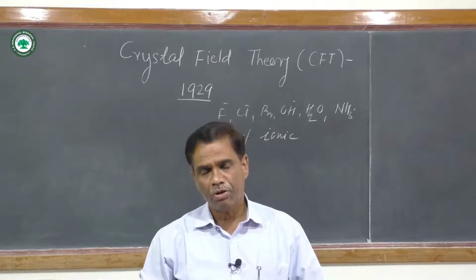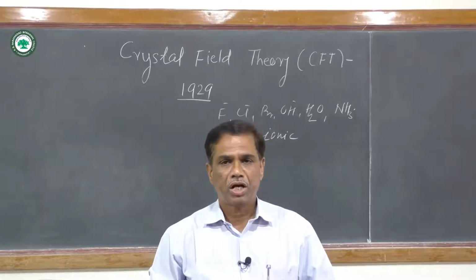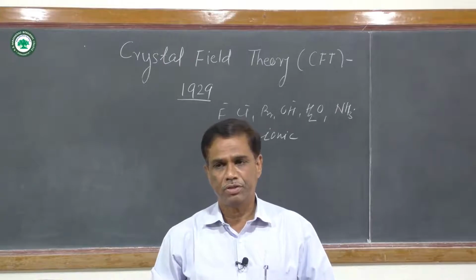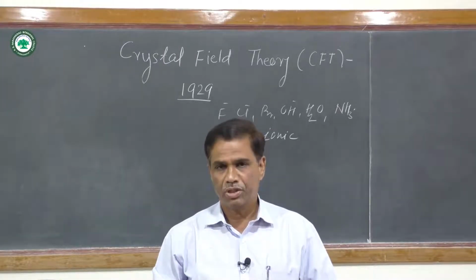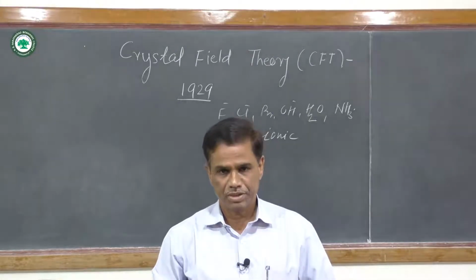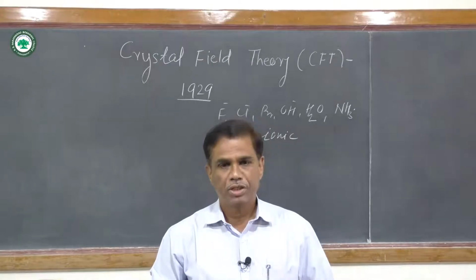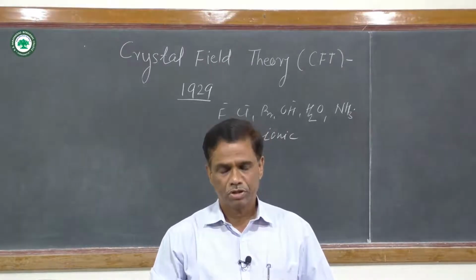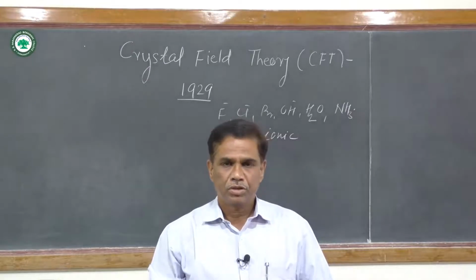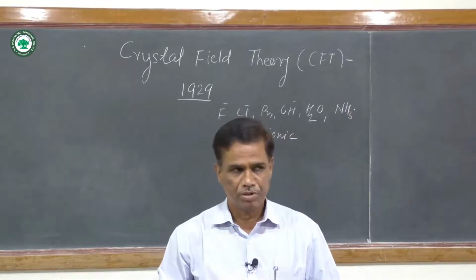Bethe and von Welk. This type of ionic bond formation occurs in coordination compounds, generally in the transition metals, means D block elements. You know the transition metal series, scandium to zinc, yttrium to cadmium, then lanthanum to, then here the third series and fourth series elements of the D block elements.